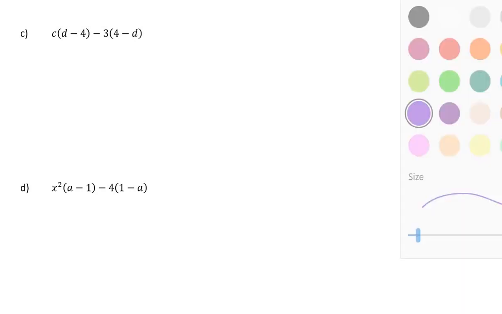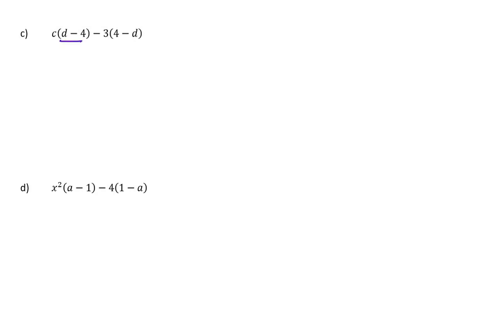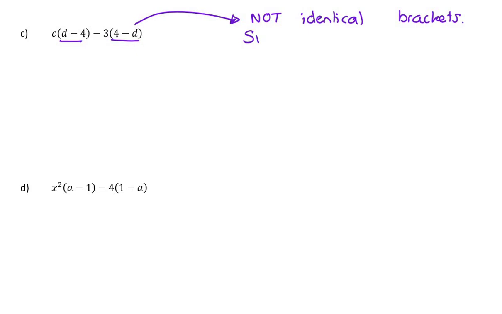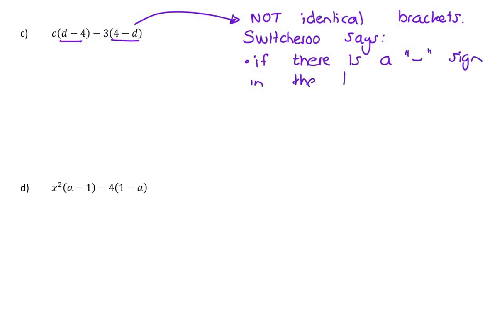So if I look at my question, I see d minus 4, and I see 4 minus d. Now this is not a plus sign. So this is not identical brackets. And so what the switcheroo says is, if there is a minus sign in the bracket, it only works with the minus, because if there was a plus you could just swap it around for free. So if there is a minus sign in the bracket,